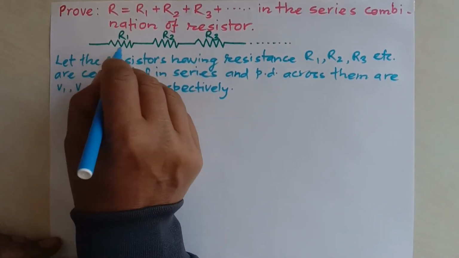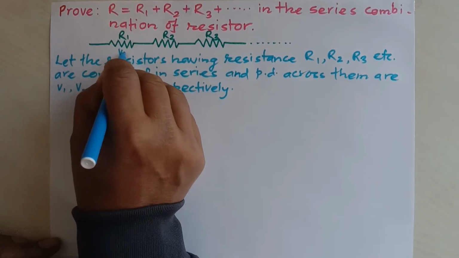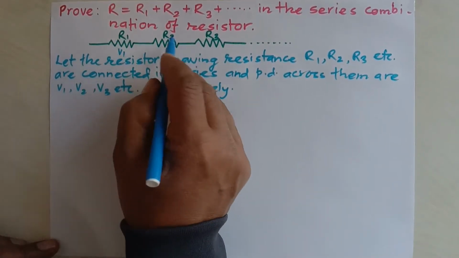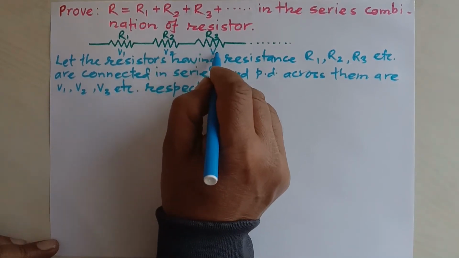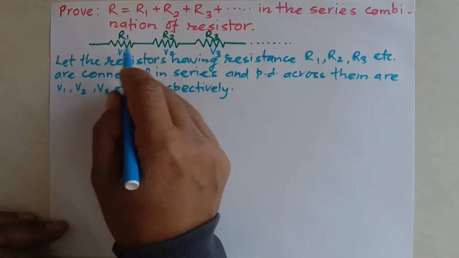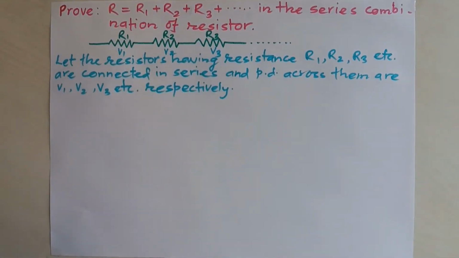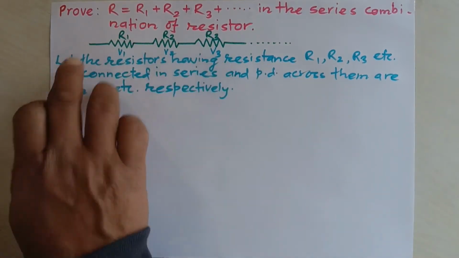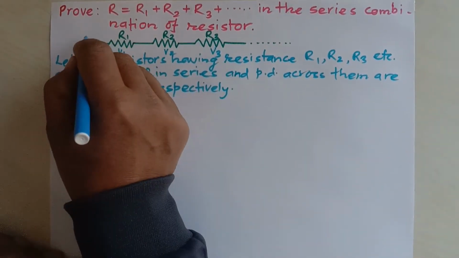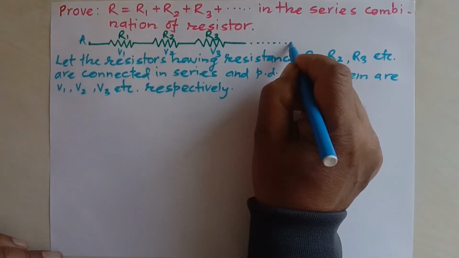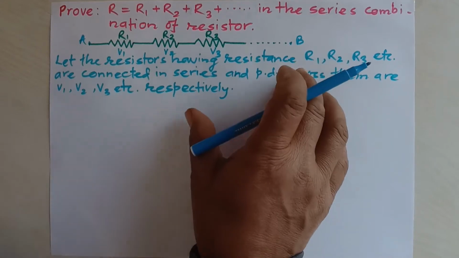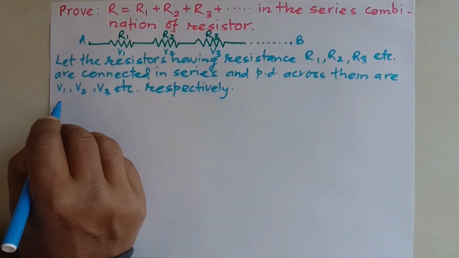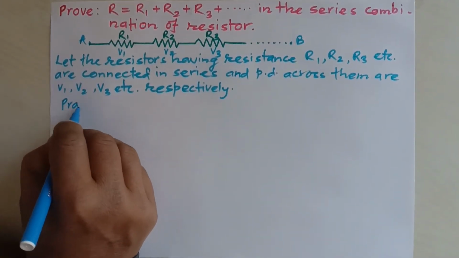It means, let's say the potential difference across this first resistor is V1, the potential difference across the second resistor is V2, and in the same way the third resistor is V3, and their resistances are R1, R2 and R3. After this representation, if we measure the total potential difference between these two points, let's say A and B, then what we get we can write this way practically: